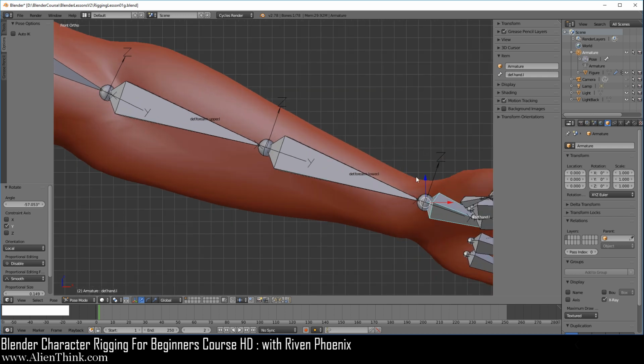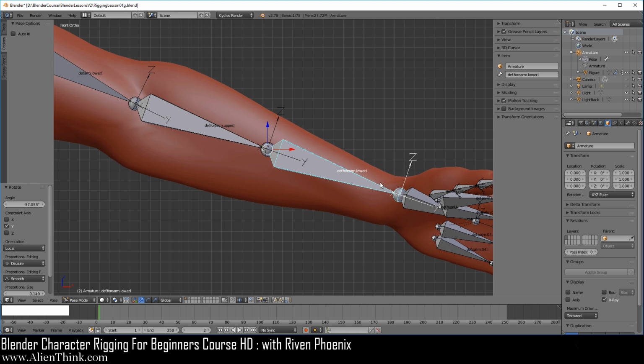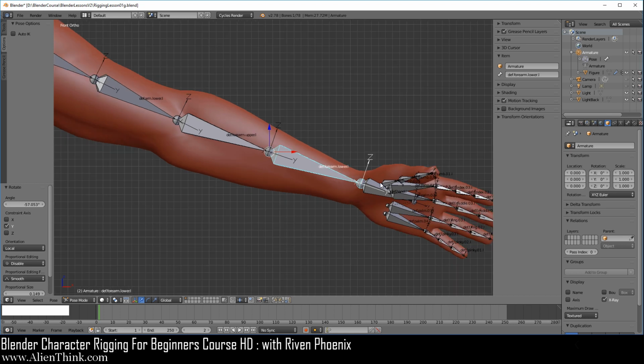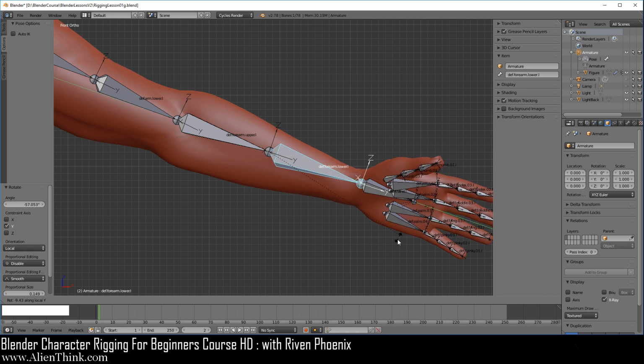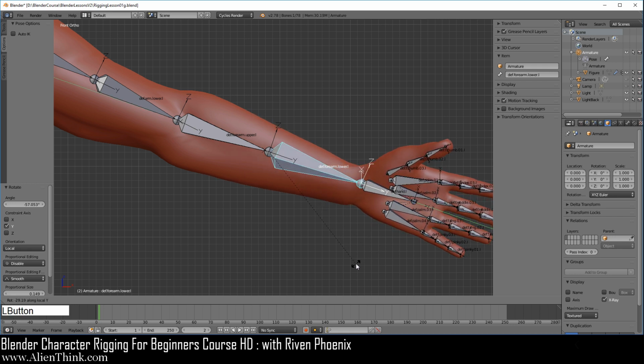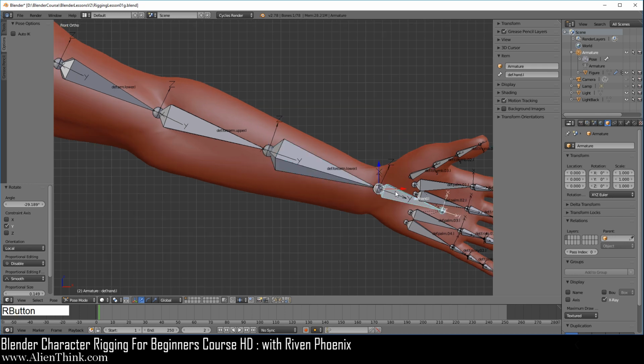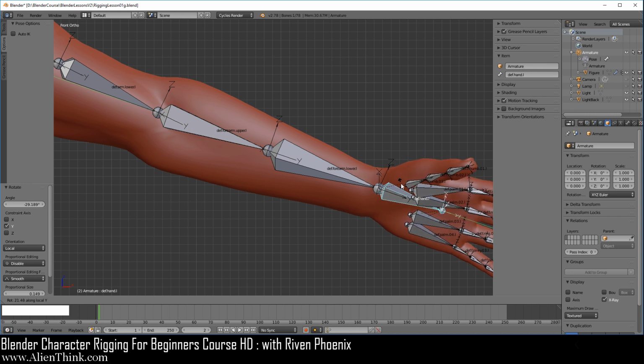Notice that in order to get the proper deforms for this area over here, we also have to rotate this bone. So go ahead and click it. Now just look at your own hand and try to rotate your hand. You'll notice that this area is also going to be rotating. So this means that over here we have to press the R key, press the Y key 2 times, and do the same thing. Just rotate just a little bit over here, and then maybe we can come in on the hand, press the R key, press the Y key 2 times, and just adjust it a little bit so it looks correct.